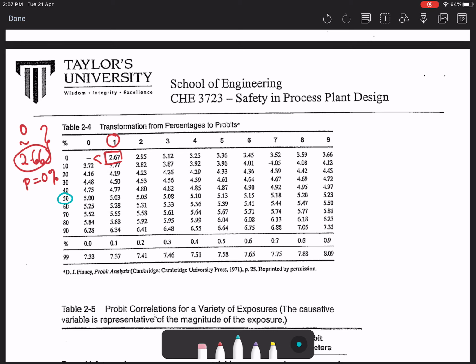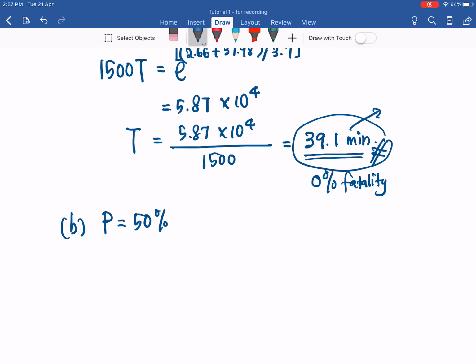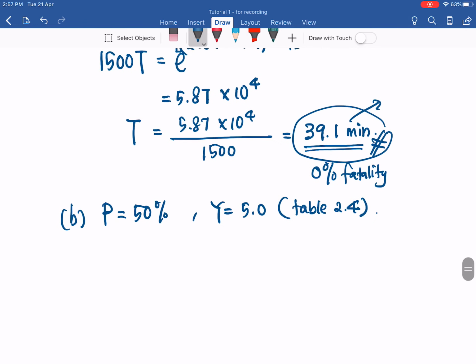P at 50%, our probit equation value is 5. So meaning Y equals 5.0 from table 2.4. So again, put that back into the formulas, same formulas. So instead of 2.66, now you have 5.0 equals